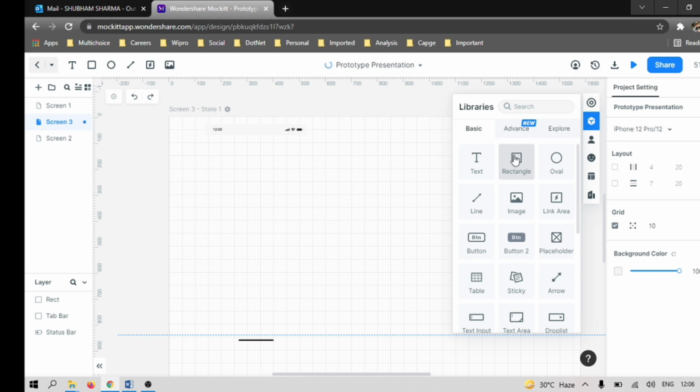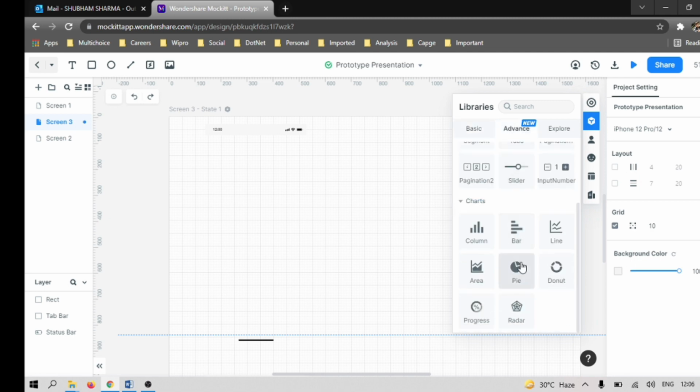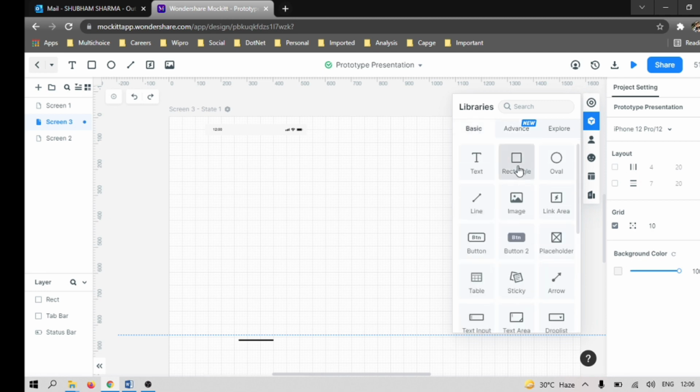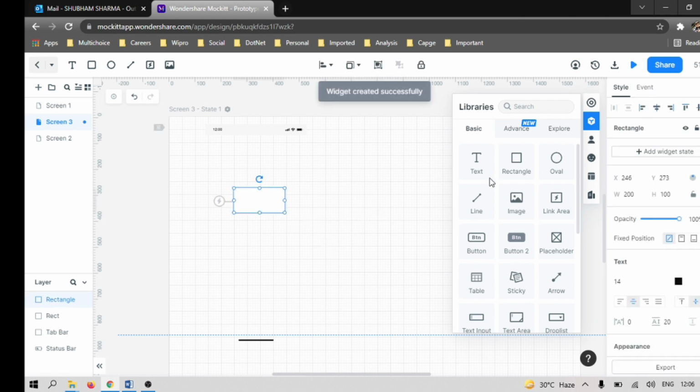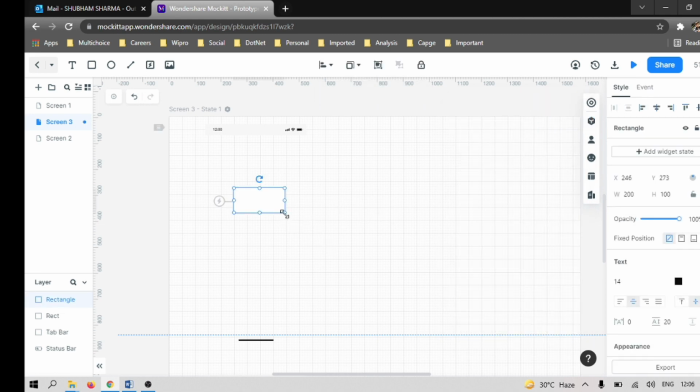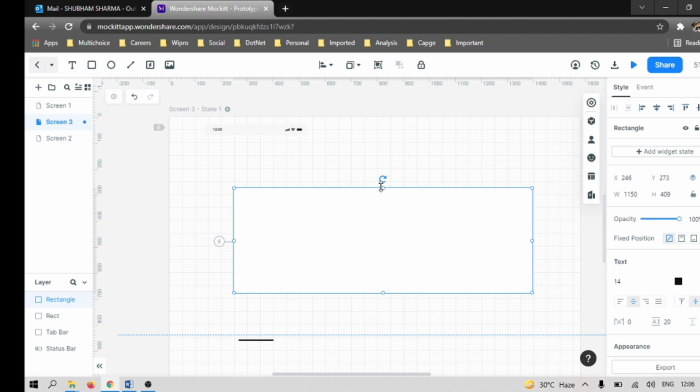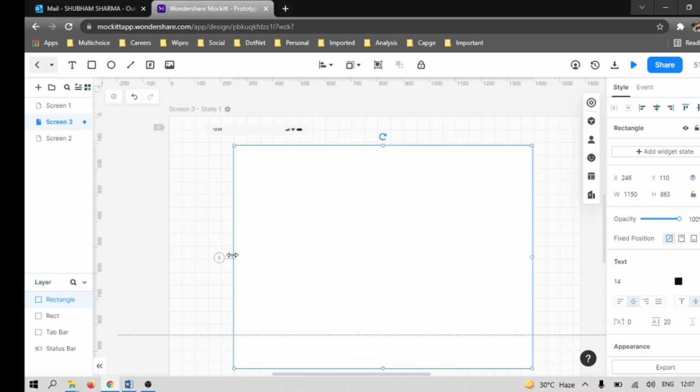Let me take that box again, because it has disappeared for some reason. I don't know why it is not coming. Oh, you just need to pull and put, then only it will come. So this box is here.